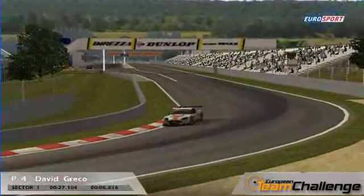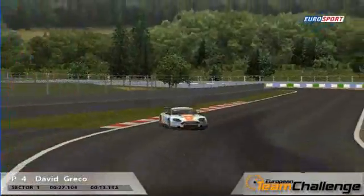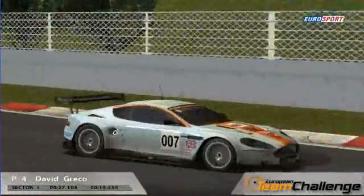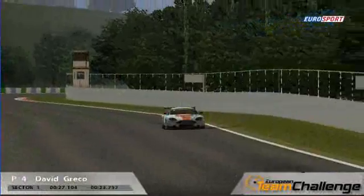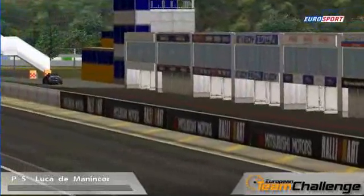Yeah, okay, David Greco is back on track, and let me have a quick look at the timing to tell you the new distance to the leader. He's now 1 minute behind Christopher Larson. Michael Hallen is 8 seconds behind, and Christopher Ponte is 20 seconds behind Christopher Larson. So that means Christopher can take a deep breath now, because Greco...